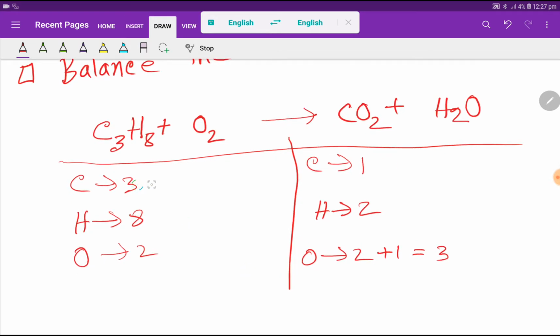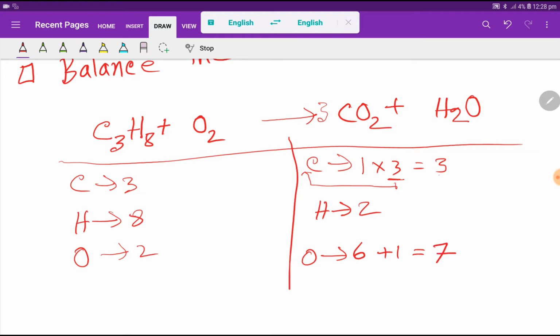So look, to balance the number of carbon, what can I do? Here we have 3, but here we have 1. If I multiply here by 3, that gives me 3. Look, if you multiply by something, that something must come before that atom. So carbon has come from carbon dioxide, so we have to place this 3 here. If I place 3 here, then the number of carbon will be 3. Already we have written the number of oxygen, 3 times 2, that is 6. So we have to update the number of oxygen. Here we have 6 oxygen, plus here we have 1, that is totally 7 oxygen.